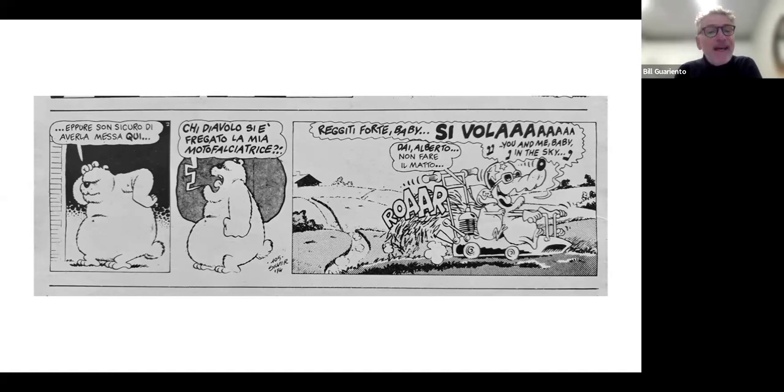Now, I've almost forgotten why I'm showing you this beautiful cartoon. One, I'm showing it to you because I love Lupo Alberto. And two, I'm showing it to you because it is my example of a formulaic chunk. I learned how to say, hold on tight, baby, we're flying, long before I knew the component parts of that phrase. And then later,